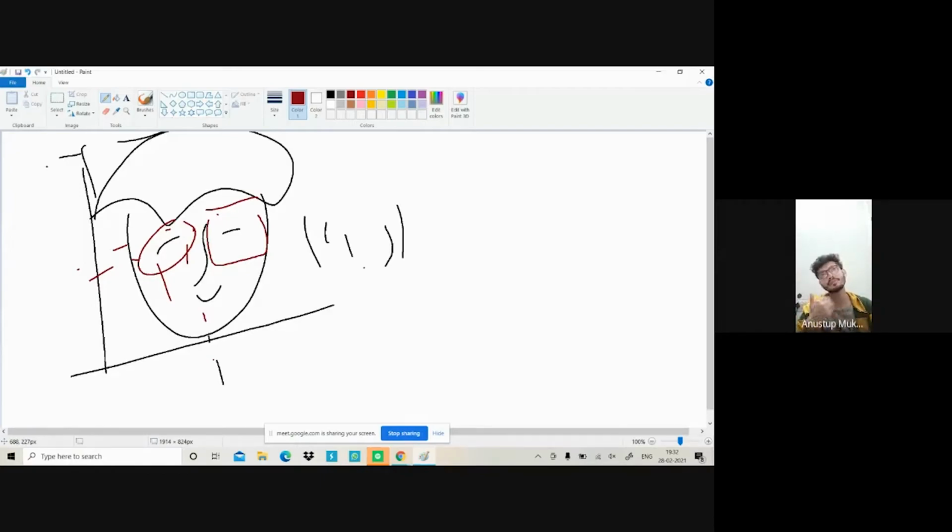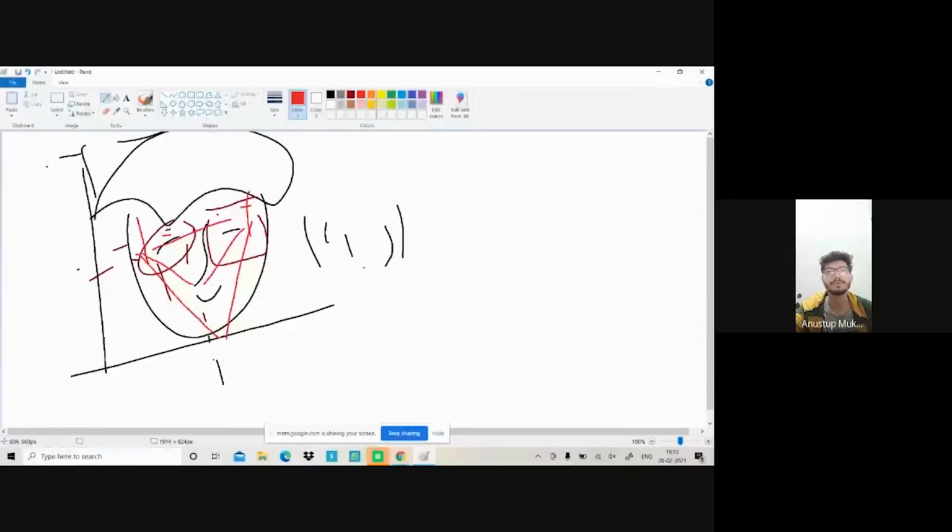So how can I do this? Here I will be utilizing the basic mathematical concept of calculating the distance between two points, the Euclidean distance, that is the square root of (x2 minus x1) whole square plus (y2 minus y1) whole square. It will calculate the distance first between the left eyebrow and the right eyebrow. Then, suppose, the left eyebrow to the right side of the nose, like this. Then again, for example, like this. In this way, a complete facial pattern is extracted out of the particular face. This facial pattern is nothing else but a collection of numbers.